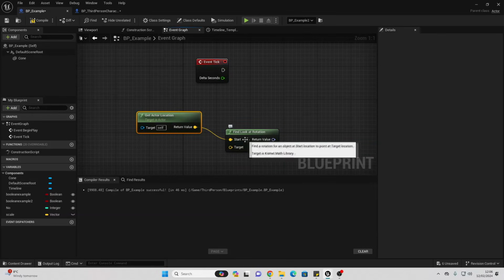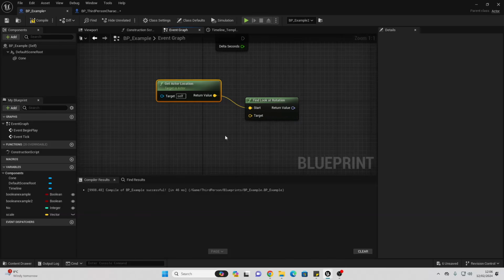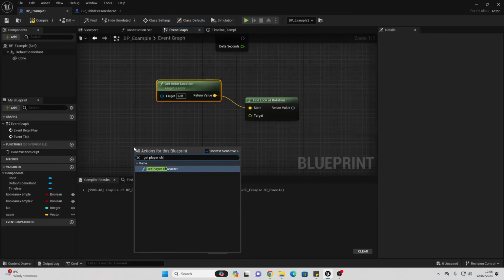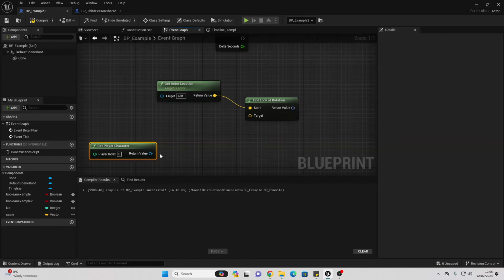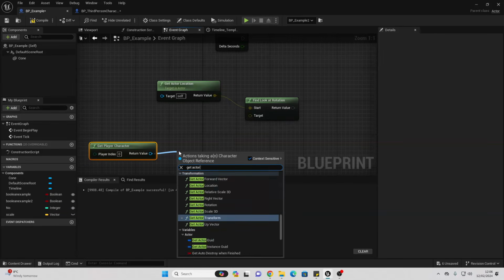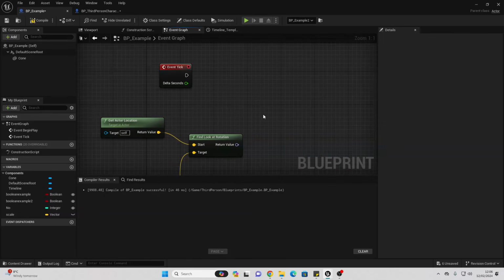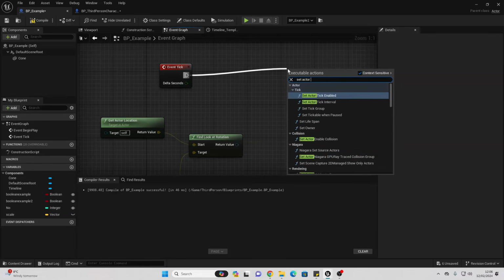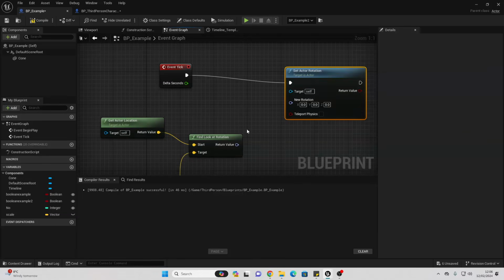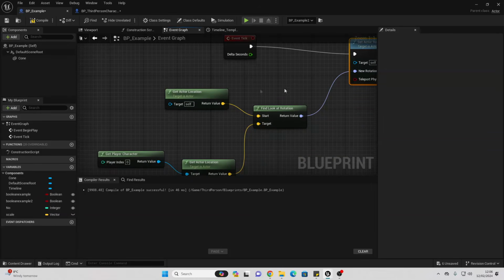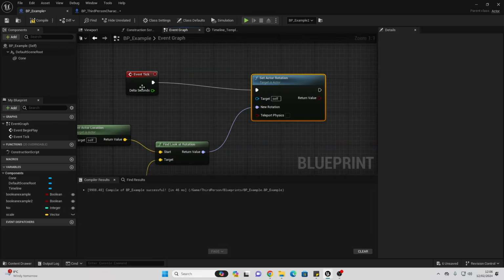And the target, this is where we want it to look at. I want it to look at my player character, so I can just right click and look for get player character. Then I can just drag off here and look for get actor location. Then I can just drag off here and look for set actor rotation and connect this into here. So event tick, I'm going to basically be making my BP example face my player character. Let's compile this